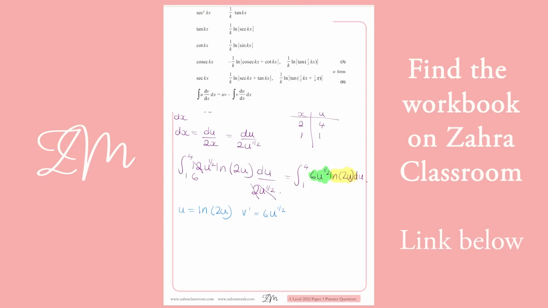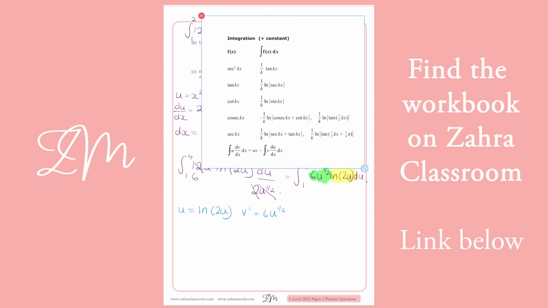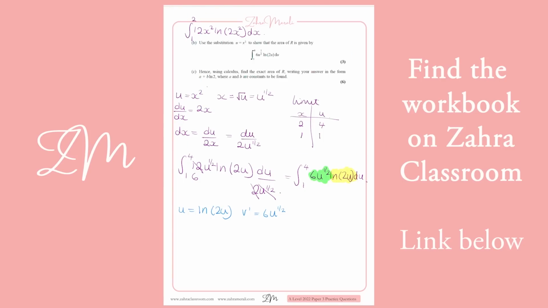And v dash is going to be 6u to the half. Right. So we've got our formula, we know where it is. We're going to use that formula. So we're going to differentiate the u. Now remember, when we differentiate ln,